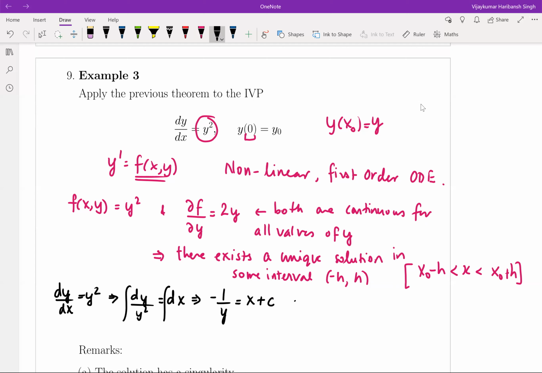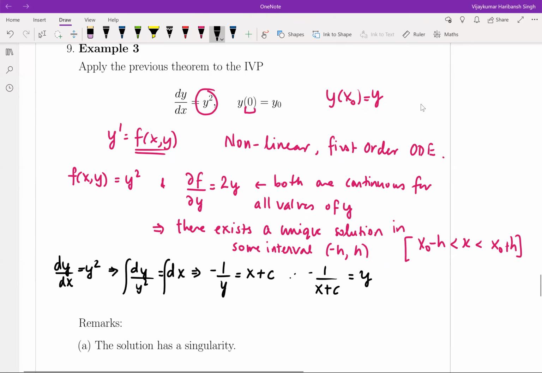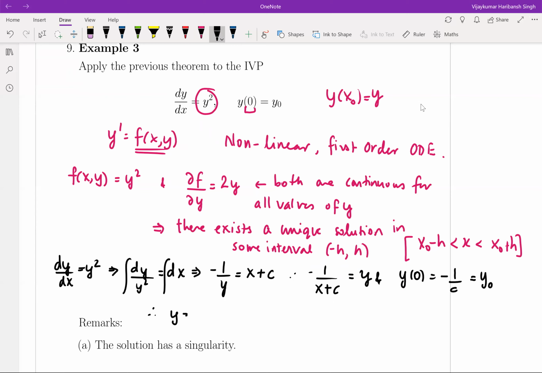Or if I want to solve for y, I can see that y equals minus 1 upon x plus c. All right. Now we are given the initial condition that y of 0 is, on one hand, minus 1 by c. And on the other hand, y of 0 is y0. So therefore, the solution becomes y equals minus 1 upon